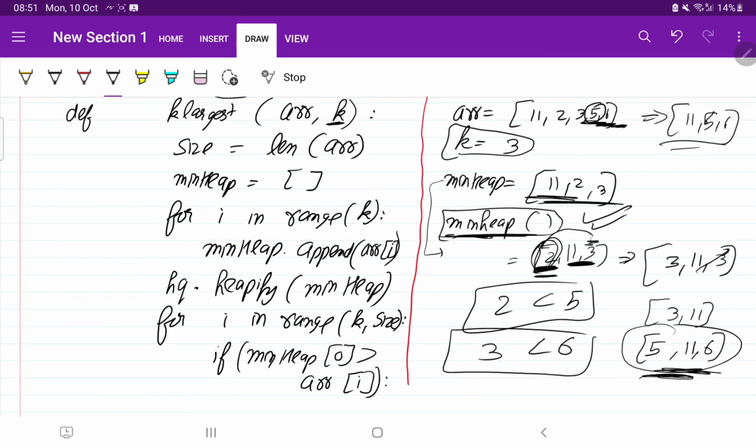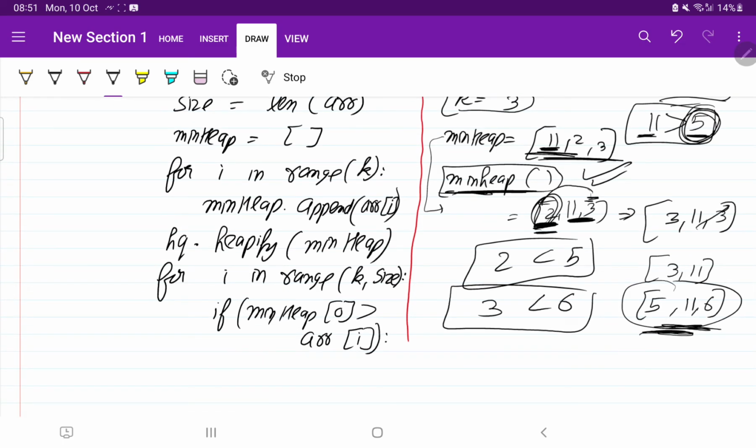Min heap element, suppose this is 11 and here it is 5. So 11 is greater than 5. So we want the largest elements. So do you require to add 5 in the heap? No, we don't require.